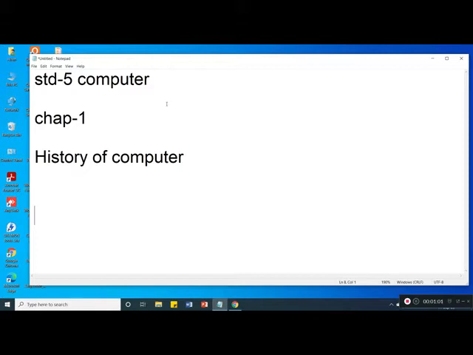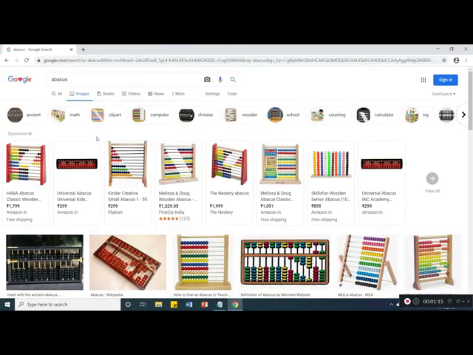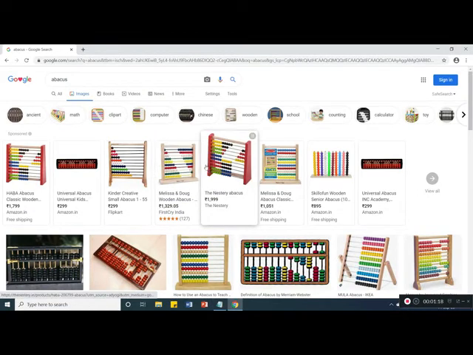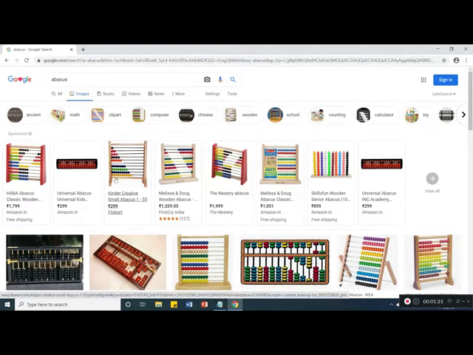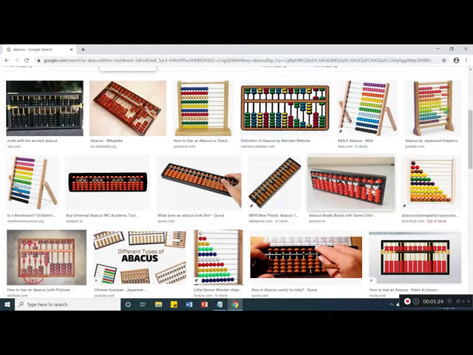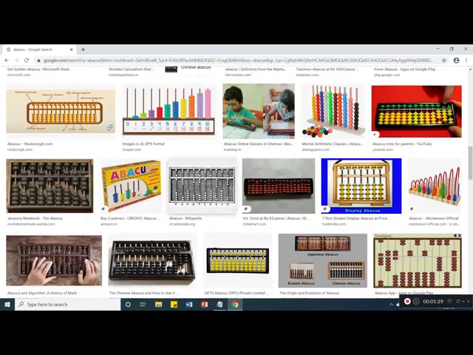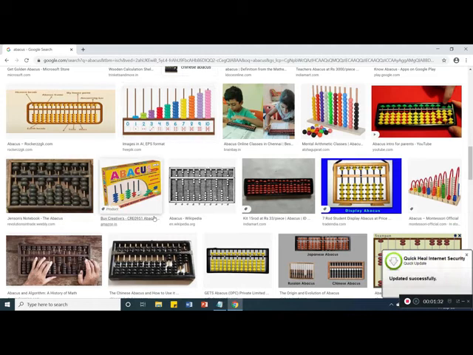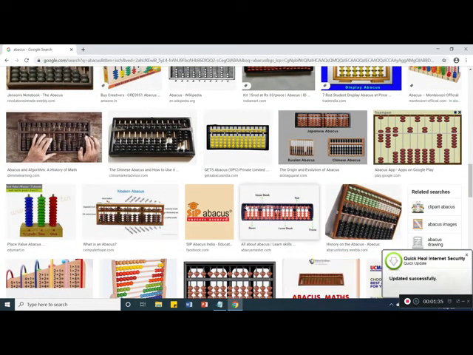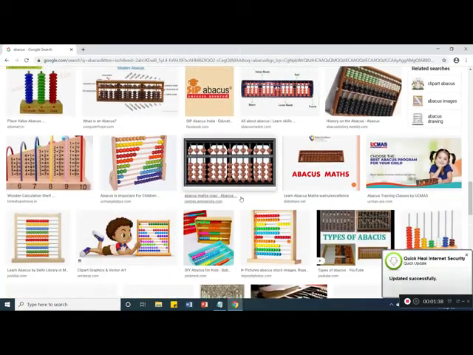Okay, in earlier days, the first one is the early calculating device, the abacus. So we will see how the abacus works. You can see here the abacus. This type of machine is an abacus. This is a calculating device, the first one. It is a counting device, and you can count this way, starting from 1, 2, 3. These are the basics of the abacus. So this was the first basic device.